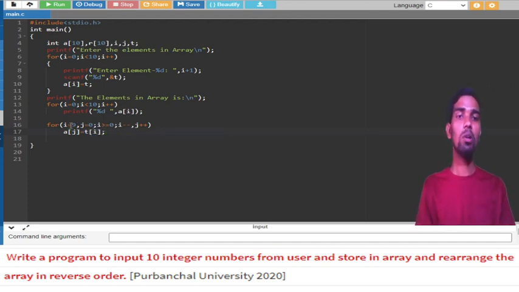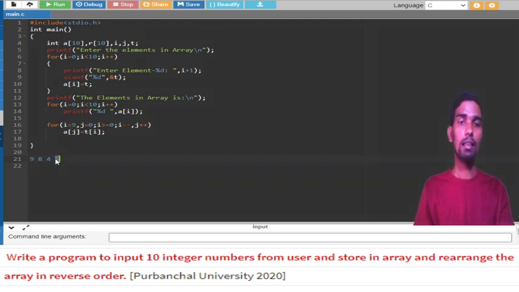So what I am doing here, let me tell you. Here are elements 9, 8, 4, 5. So this is 0 index, 1 index, 2 index and 3 index. Now I am taking the last index of t, that is 9.